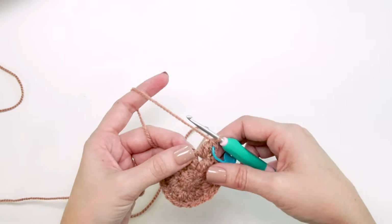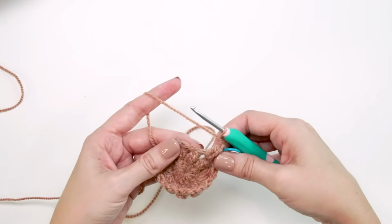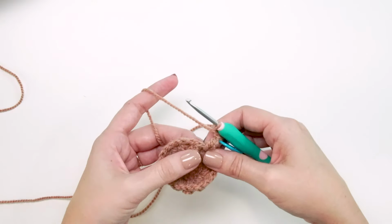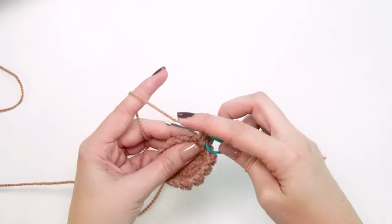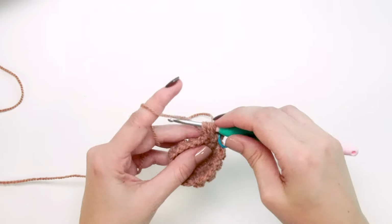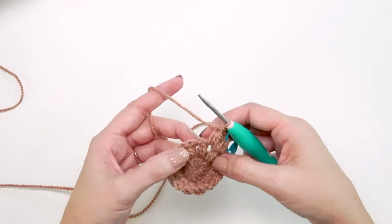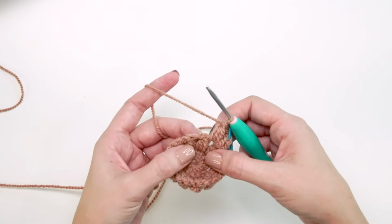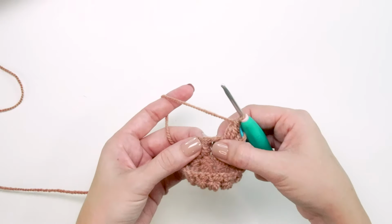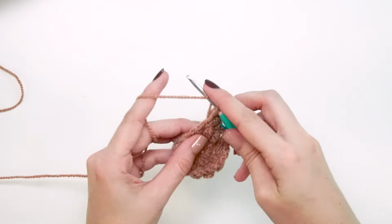Then what we are going to do is chain one, and we're going to do a puff stitch in that same chain one space. So we're going to do a puff stitch into that chain one space, and this is what's going to start to shape this into that hexagon shape. Now we're going to be skipping the next puff stitch, and we're going to go right into that next chain one space, and we're going to do a puff stitch,